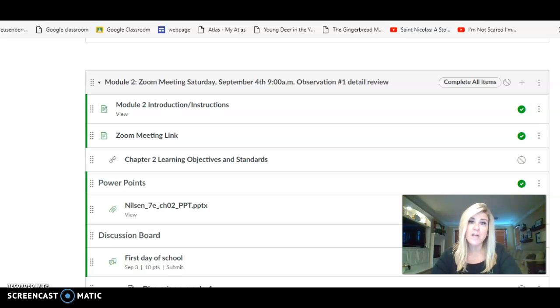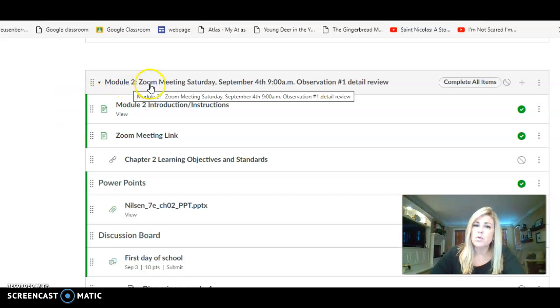This week we are on module 2, and we're also on chapter 2 in our textbook. Chapter 2 is going to be covering using class list logs to look at both separation as well as school adjustment. But before we dive into chapter 2 and discuss that, I want to make sure that you see at